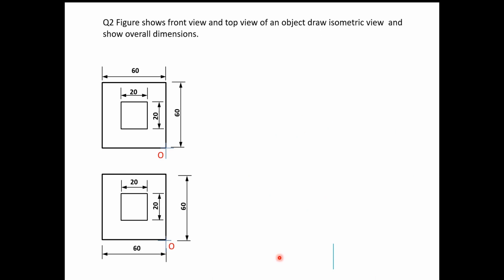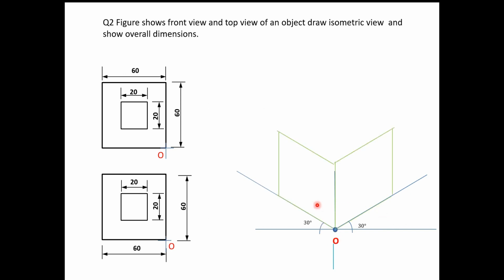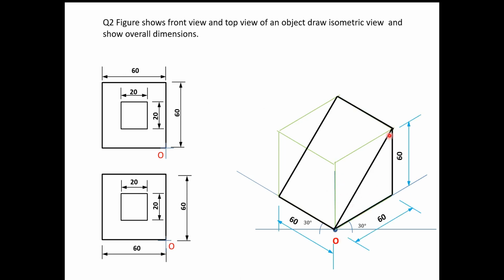So if you solve the next problem the same way, draw the origin, mark origin, complete these isometric planes, and draw the isometric box 60 by 60 by 60. Now here we will do the same thing. I will complete this up to this. But in the previous problem there was inside projection. So here I will draw this, do the same thing. I will draw a line 20 mm apart from this, 20 mm. This is also 20 mm. Then we have completed this up to this.